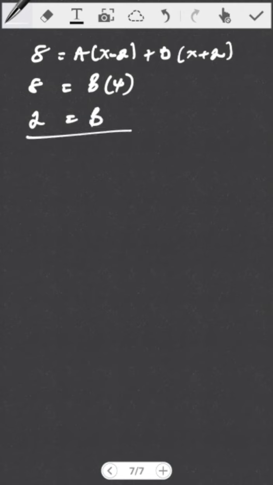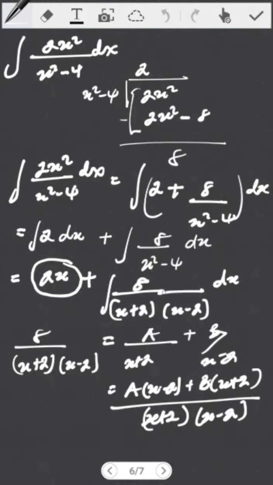In the same case, if I put in a negative 2, I would have 8 equals a into negative 2, this would be a negative 4a, and therefore negative 2 will be equal to a. And therefore, in partial form, the partial form of this whole thing would be